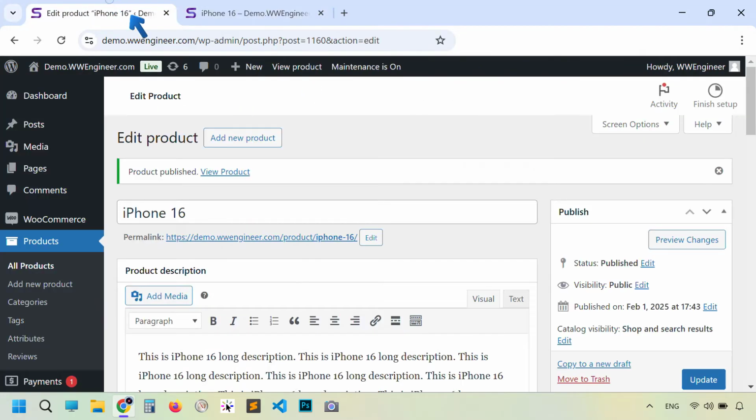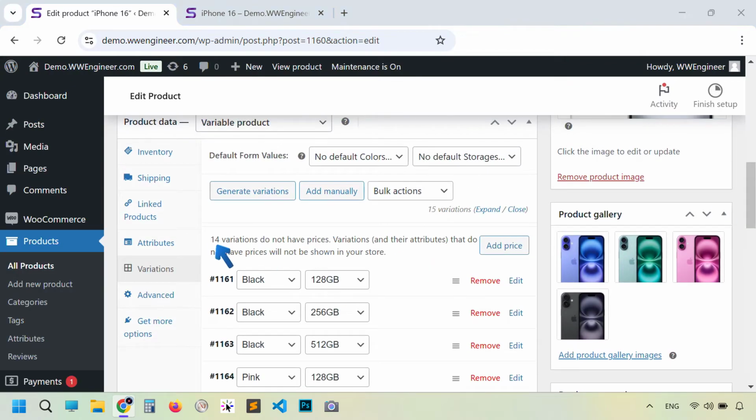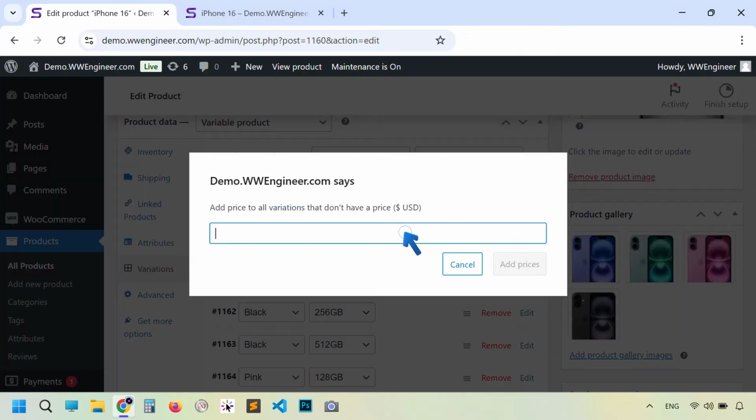Okay, again come back here, and now you see a message here: 14 variations do not have a price. So let me add a price to all 14 variations at once. So click this Add price, and I'm going to put in 1000, Add price.